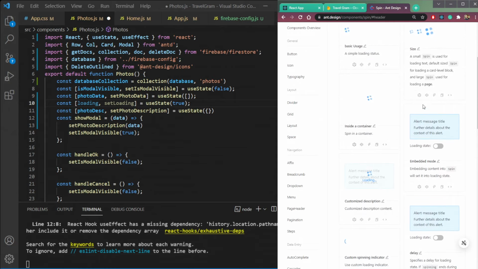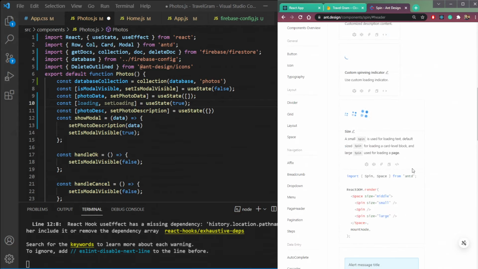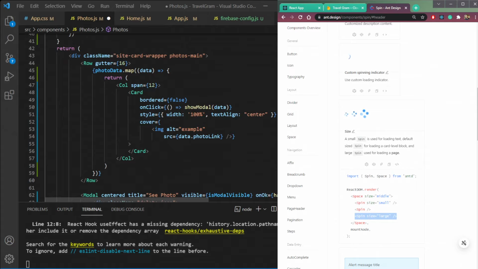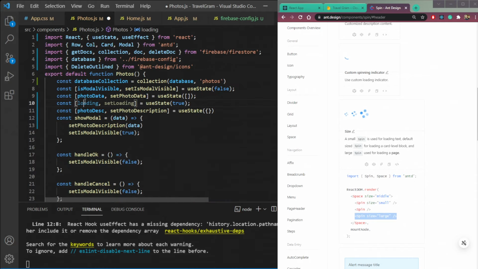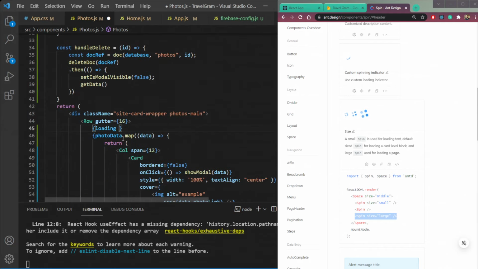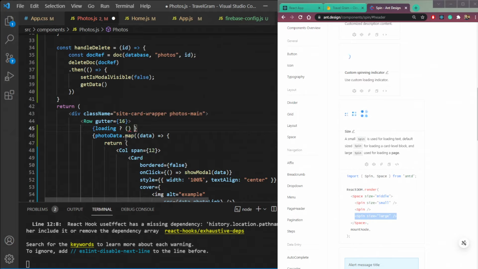So we can also use the size. Okay, this is the code of the spinner. So spinner size middle, spin size large. Fine. So if the loading is true, we will show the spinner, or else we will show the photos data map.